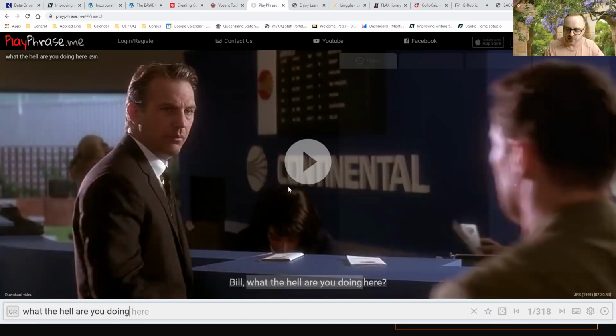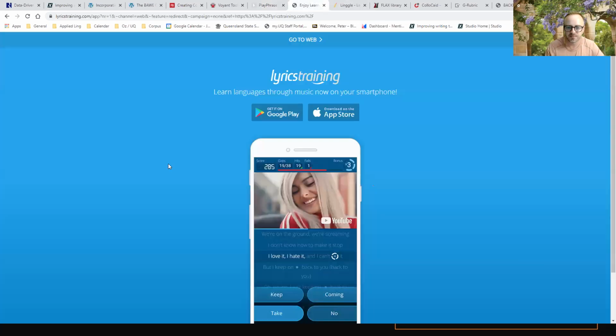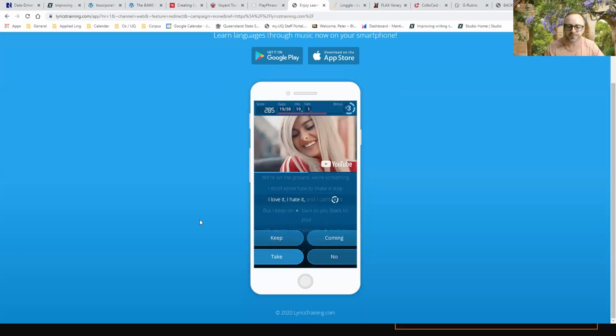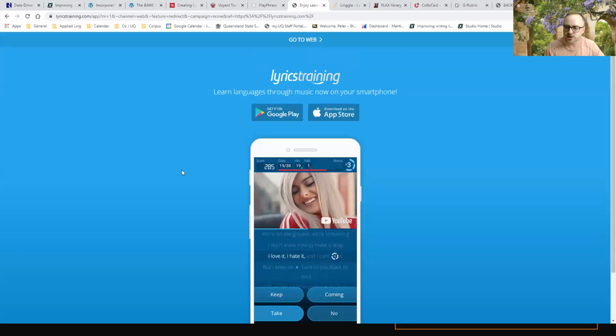An additional tool also mentioned in that study is Lyrics Training, where you can learn languages through music now on your smartphone. So essentially what these do is encourage DDL-like engagement with language data, but without necessarily a concordance in sight. In both cases, the textual data available from learners' queries are supported by multimedia clips which are available in a